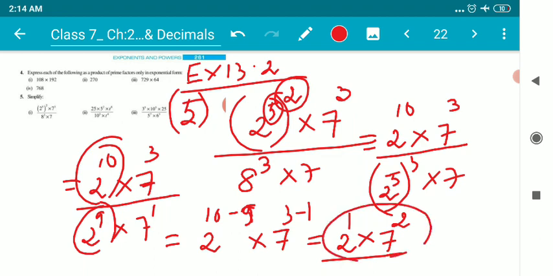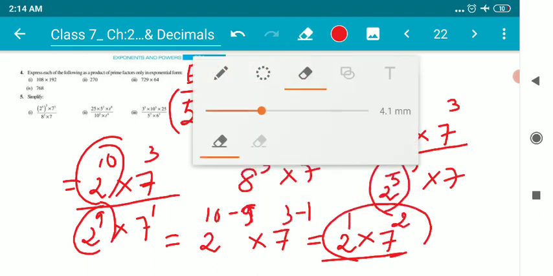Children, this is only our answer. I hope it's clear to everybody. If not, then please let me know. Feel free to speak. Children, let us try question number 2, because if you understand 2, you can easily figure out question number 3. It's very simple. So let us try question number 2, children.